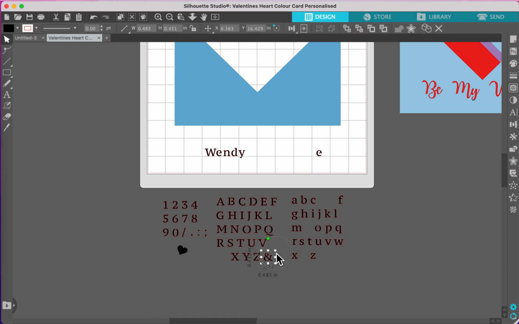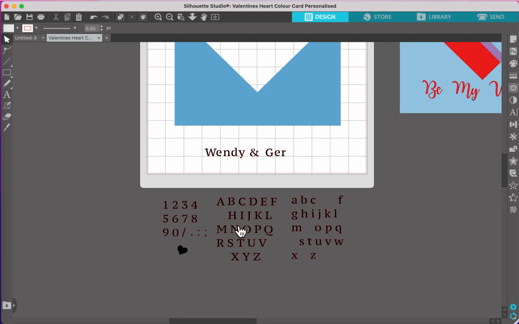So again, we just drag the "and" up and line it up with the base of that line. And then we go for capital G, E, and R as well. Then when they're all lined up, make sure your spacing looks right so that it all looks aligned and spaced correctly,